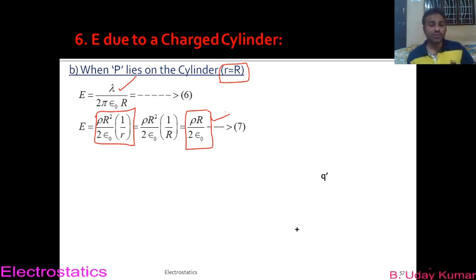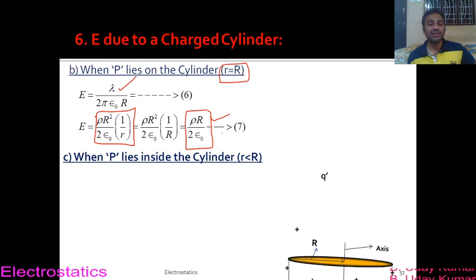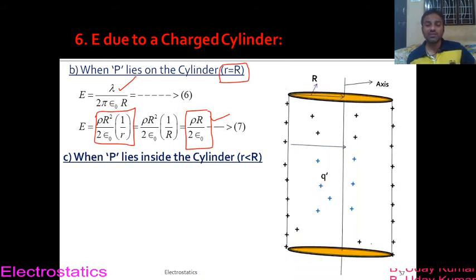Now let us move on to the last part of this topic, which is we try to determine the electric field intensity when point P lies inside the cylinder. So now let us assume that this is our charged cylinder, whose linear charge density is lambda and whose volume charge density is rho. If point P lies inside it, for example, if I want to find electric field intensity at this point P,